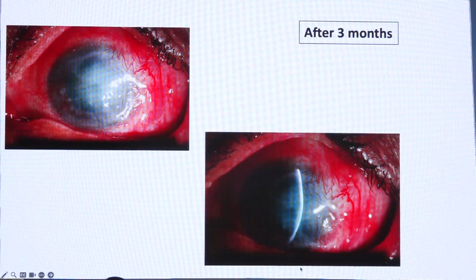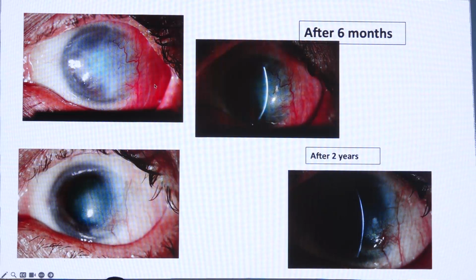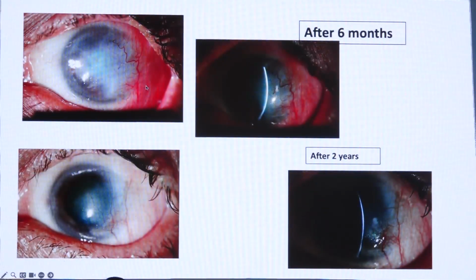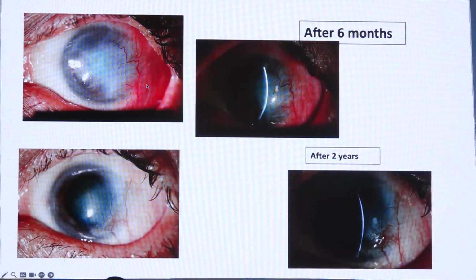And this is after 3 months, that ischemic part is getting better now. And now after 6 months, there is no scleral ischemia. So there is vascularization, but this patient developed some sort of scarring. So at this visit, I asked the patient for penetrating keratoplasty, but the patient just didn't want to go for that. But the patient came after 2 years. You can see the picture now, that there is remodeling of the cornea, and this patient has improved almost